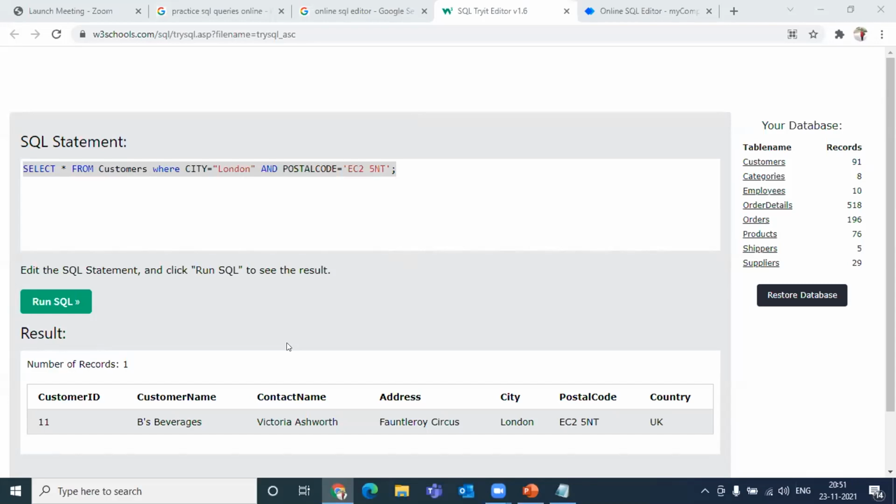Ma'am, can you explain the scenario in which we can use the IN clause in SQL? Yes, the IN clause in SQL. Why not? Let's have an understanding of IN. The IN operator basically allows you to specify multiple values in a WHERE clause. I'll give you an example.